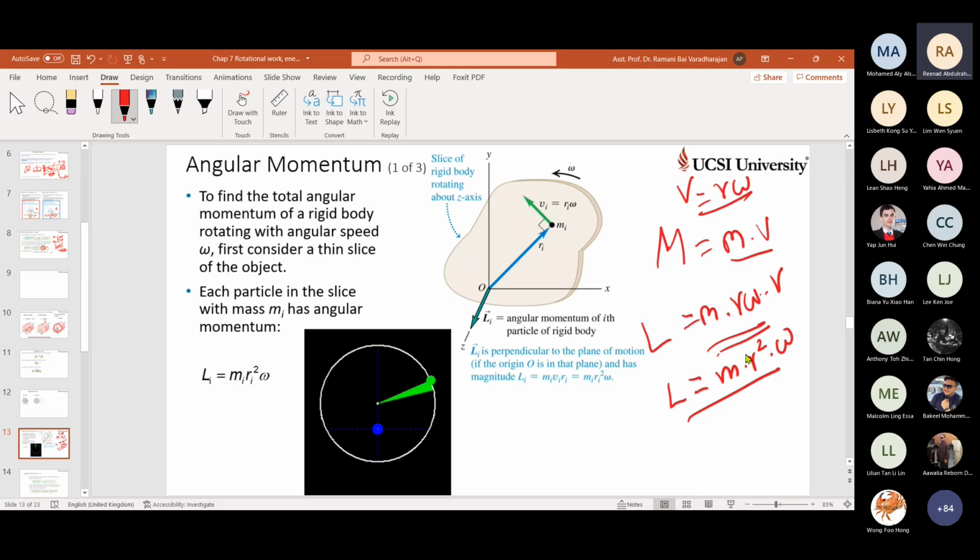We derive the dependence of R very nicely from the mass: go to the mass, then find the energy, find the work done, and you will arrive at this one. But for now, I'm not going to derive it; I give you the value directly. I repeat from here: M into V, V I replace by R omega, times R for the angular rotation. I get m r square omega as the angular momentum.